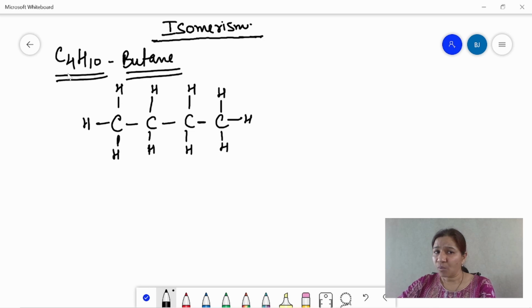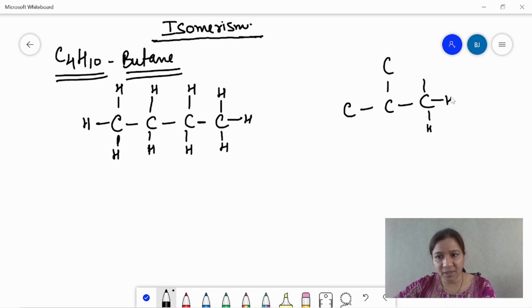Now, if I ask you, what is another way in which you can connect the 4 carbon? The second way of connecting the carbon, we can connect the 4 carbon in this way also, right? Now let's complete the valency of each carbon. One valency is satisfied, so to complete the remaining 3, I need to attach 3 more hydrogen to this carbon. Similarly, this carbon's valency is 1. If you see, this carbon is attached with 1 carbon, so one valency is there. Since carbon shows tetravalency, we need to fix 3 more hydrogens to complete its 4 valency.